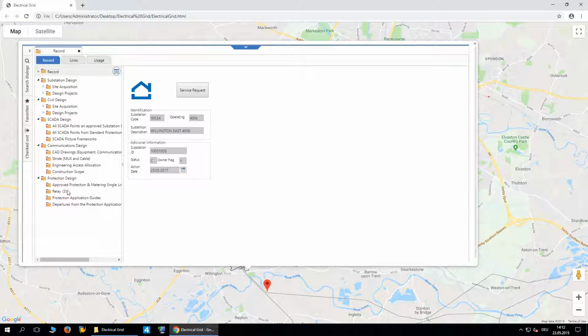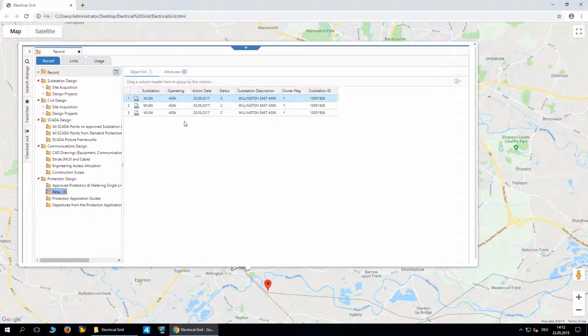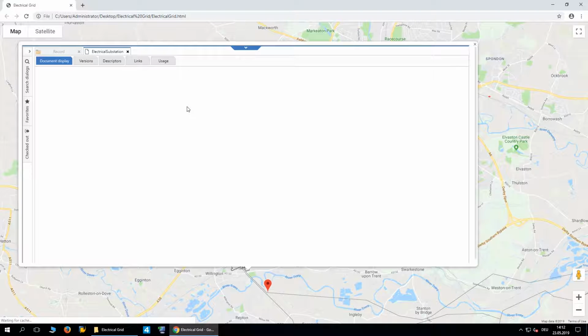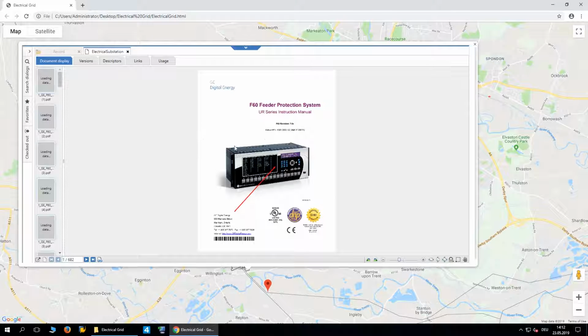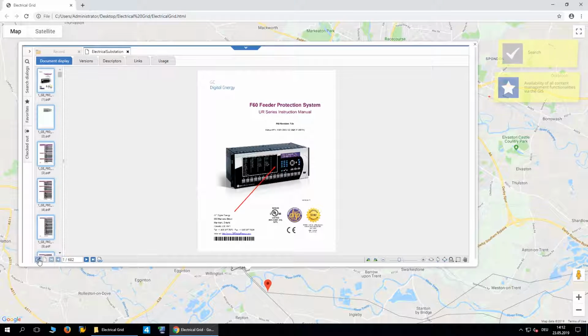The remote service engineer thus has access to all the documentation about this substation that they need to work on this issue. Here, the parameters are also passed through in order to ensure the correct file is opened. In this case, it is that of the substation ID. We'll open this document, and the remote service engineer will be able to use this manual to search for a solution to the problem. To save them from having to page through the whole document, they can open it in